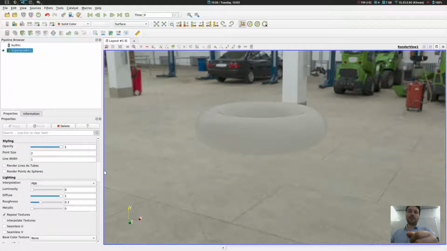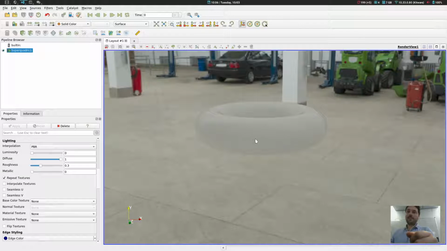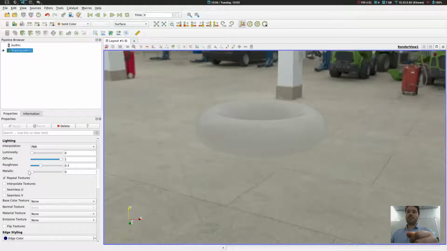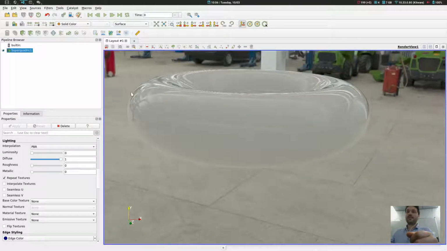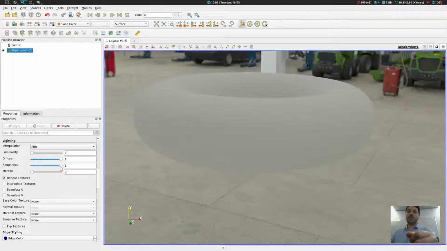So yeah, back to the material configuration. So as I said, we have 2 different properties here, roughness and metallic. The first one will define how smooth is your surface. So you can have a really smooth surface here. So you can see that we have a nice reflection of the skybox. Or you have a completely raw surface, but you can have any value in between to configure your material as you want.